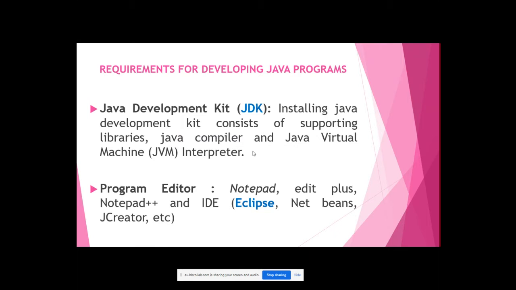Another software we need is an editor for writing or developing the Java programs or applications. There are many versions of JDK. The current version is JDK 14, and there are many versions of Eclipse designed for different types of projects. It has many features and it's called an Integrated Development Environment, IDE. The basic requirement for writing a Java program is Notepad, Notepad++, or some other IDEs like NetBeans, JCreator, and many more.